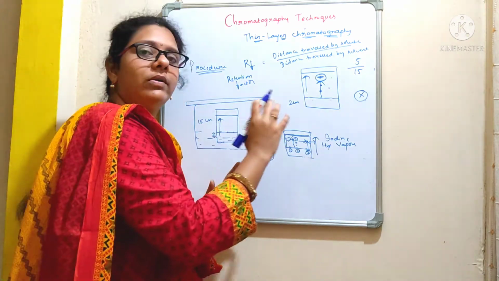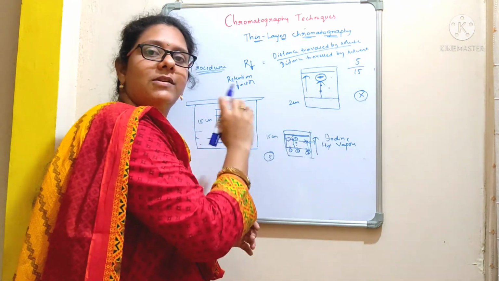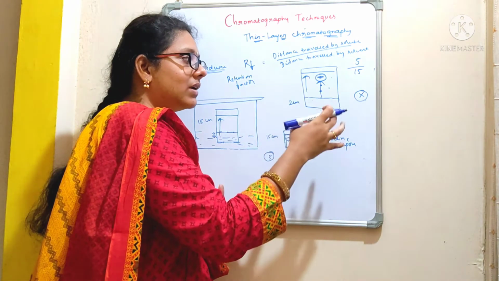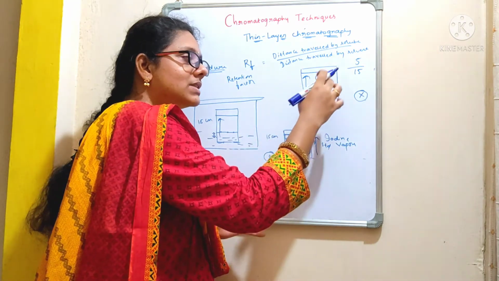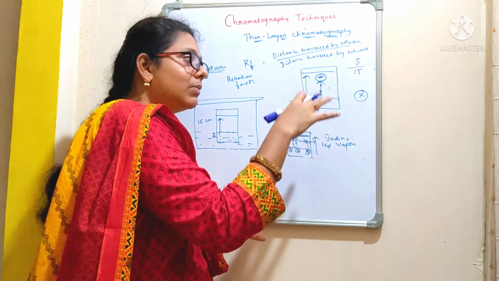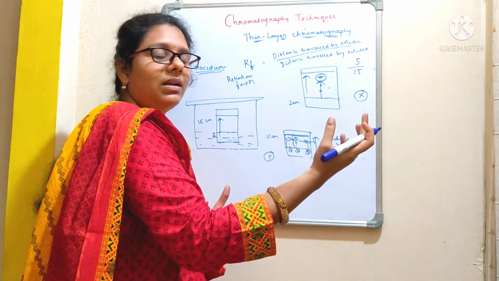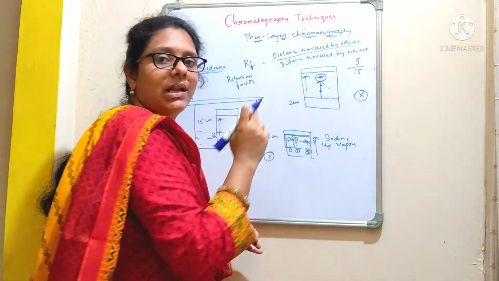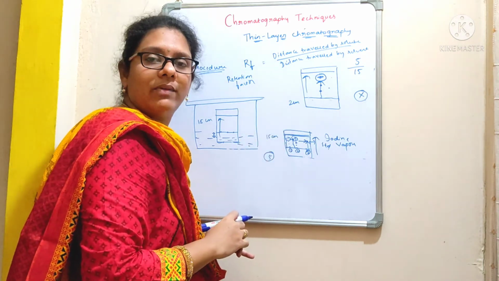So make sure you perform the experiment properly. You have to use a good quality pencil for marking, otherwise it gets dissolved and you may not exactly find out where you have applied the sample. If you are confused about the sample application, it may give you different results because the distance will be changed, right? And moreover, you need to apply these samples with the help of a capillary tube. So excess sample application is also not advisable.